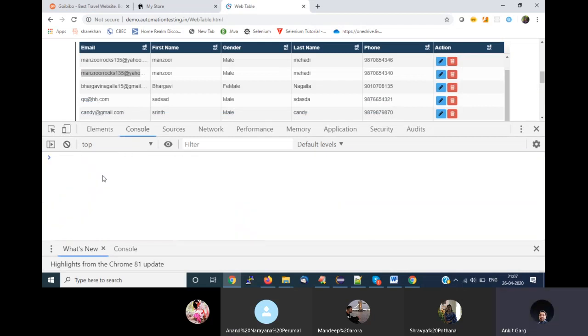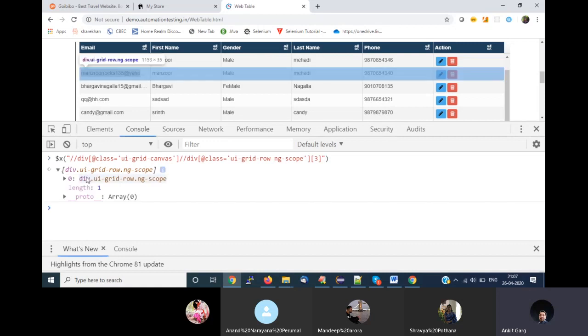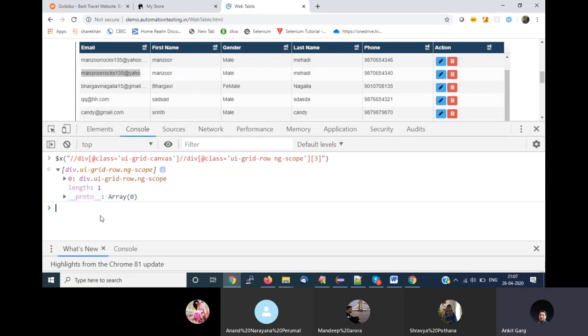So first one is to find the complete web table. Second one is to get the count of your rows. Now in your rows, you can have multiple rows, right? If I want to get only a single row, I can pass the index. This is again a method in XPath. It will only return me the third value. If I give index as 4, it will return me the fourth value. So if I am getting multiple elements, I can find my element based on the index value.